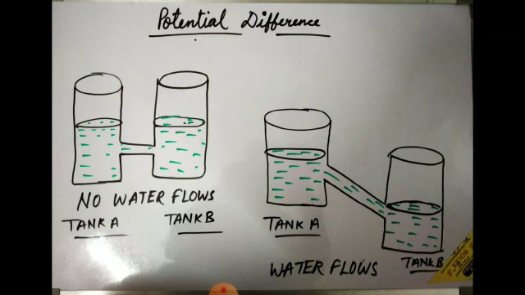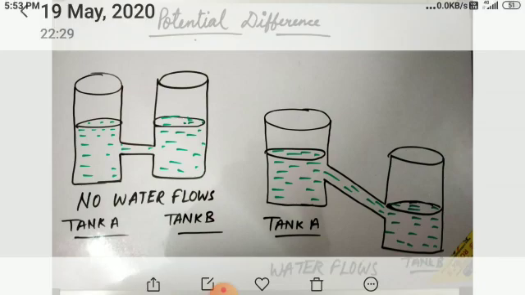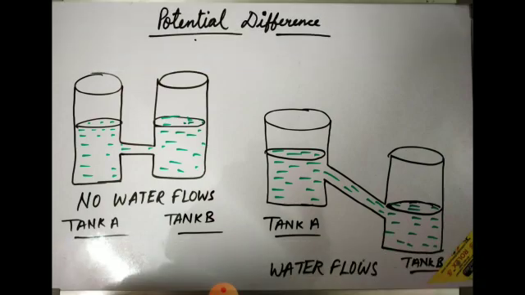Why? The water in tank A is at a higher level and water in tank B is at a lower level. It is the difference in the levels of water or the difference in water pressure between the two ends of the tube which determines its direction of flow. So the pressure level is different, pressure is more, so water will flow from high to low level. In a similar manner, if two charged conductors are joined by a metallic wire or they are placed in contact, then the direction of flow of electrons is determined by a quantity called the potential of the conductor.